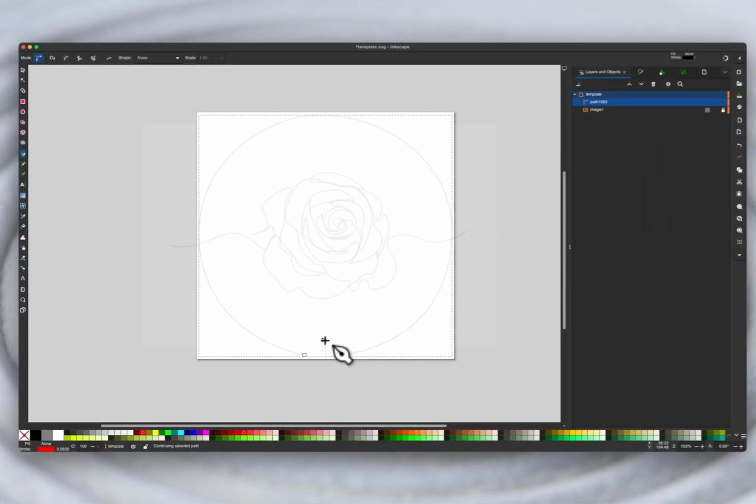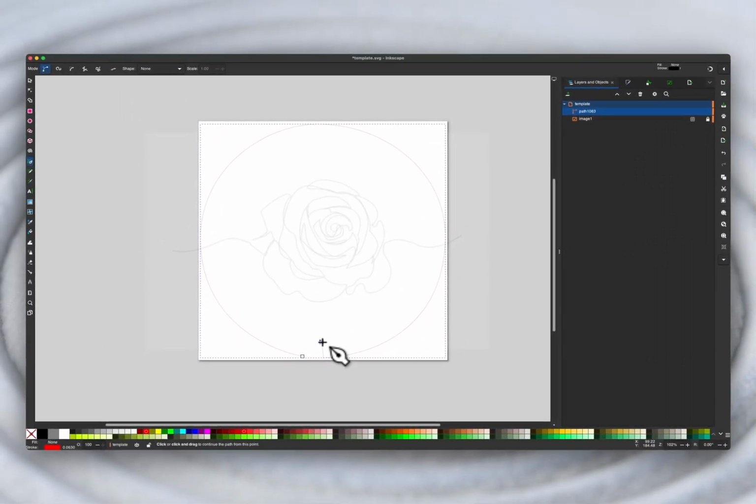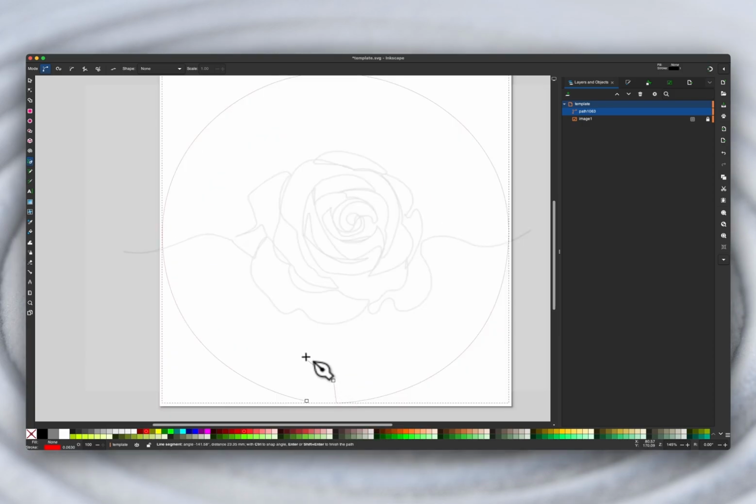If you've never used a Bezier pen tool before, drawing with it may feel a little weird at first, but with some practice you'll get used to it. Click the starting node with the left mouse button to create the next node in your pattern. You'll automatically get a straight line with a single click, but clicking and dragging will let you create a curved